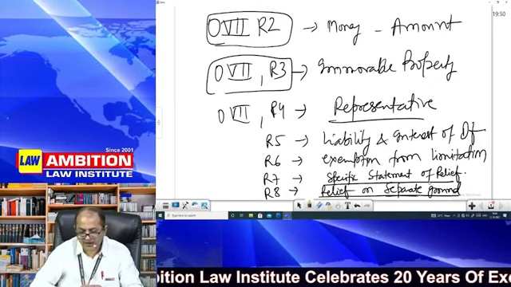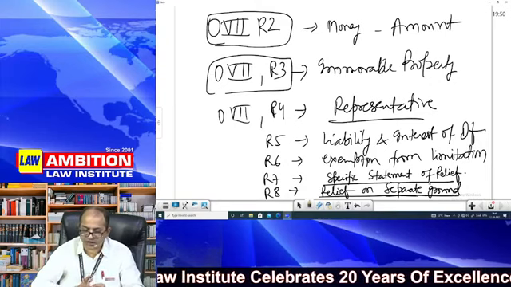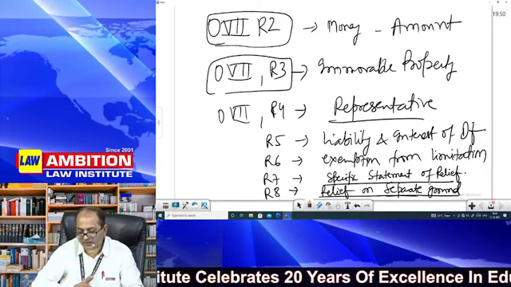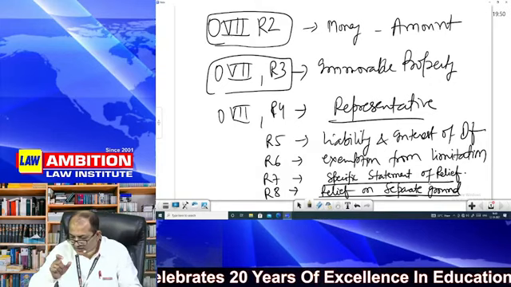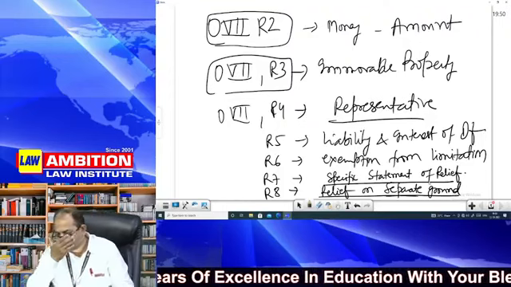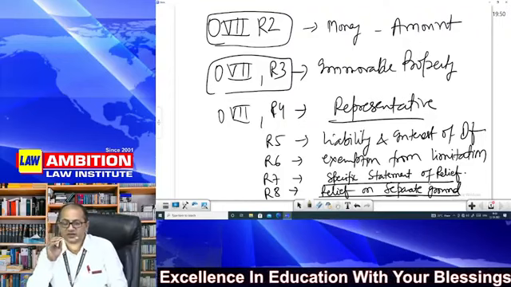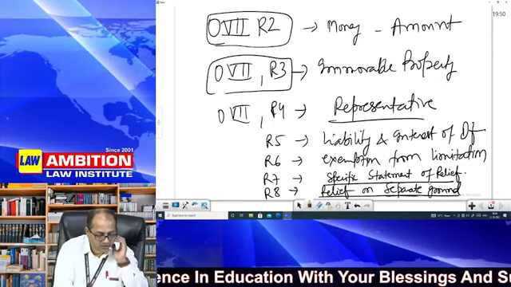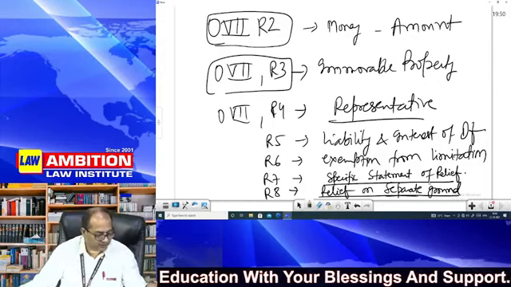Whatever rules I told you of Order 6 and Order 7, that much you write down and rather read it carefully, and just write it in brief so that you can have that in memory. Basic rules are clear to you. If you are clear about basic rules, then we will move further.